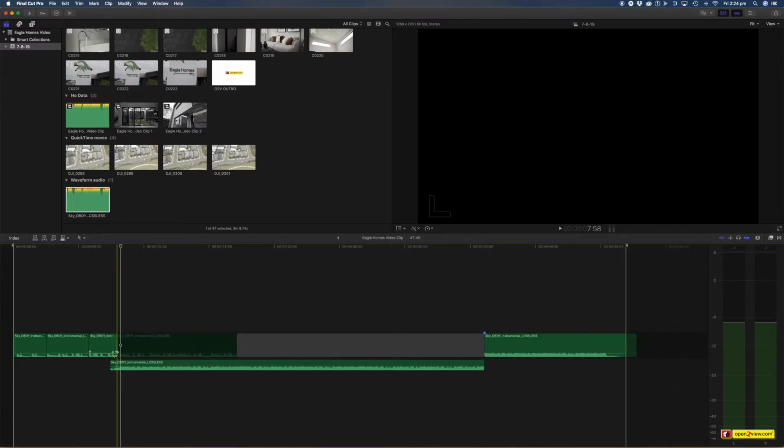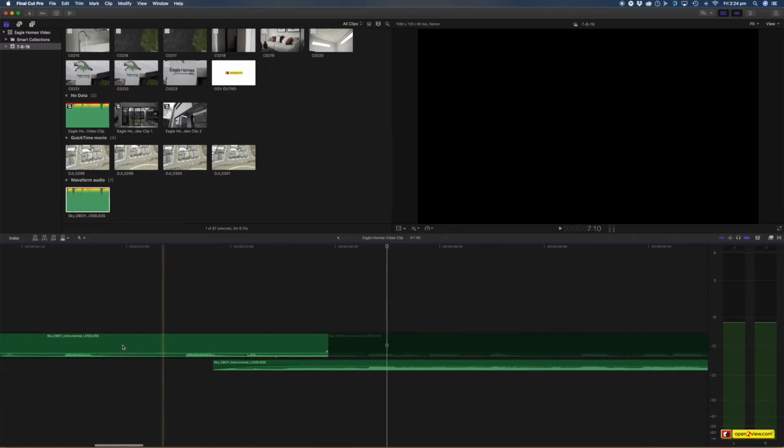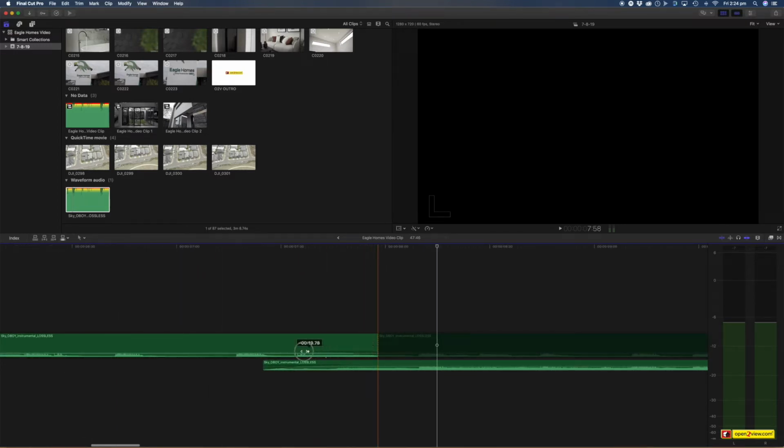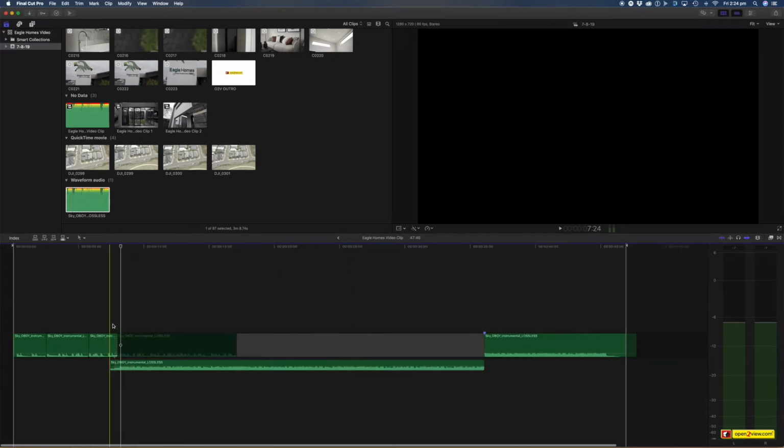Now, I didn't need to do a crossfade here at the end, but in some cases you're going to want to also crossfade out the other one here to give it a smoother transition from one song to another. Like I said, this can be done in both Final Cut and Premiere, but it's really important that if you're not cutting your music to give you the best sound, music track and also timing, then it's something that you need to start doing,